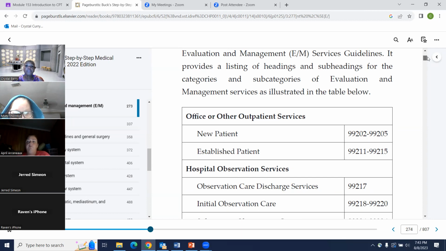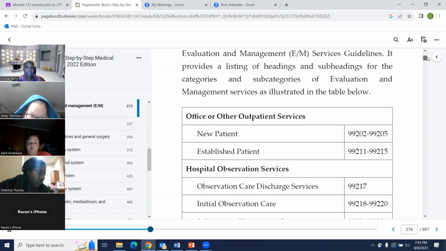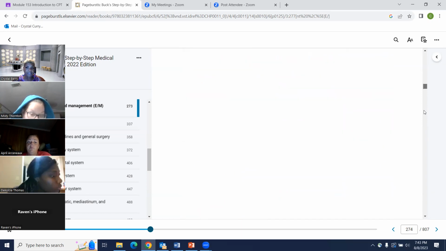No, 99202 to 99205 was the code, the CPT code. What is the subheading? Office or other outpatient services. Correct. So the subheading for that section is office or other outpatient services. The code for a new patient is 99202 through 99205.